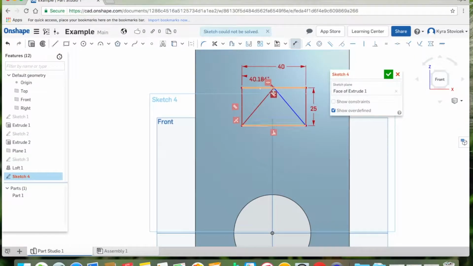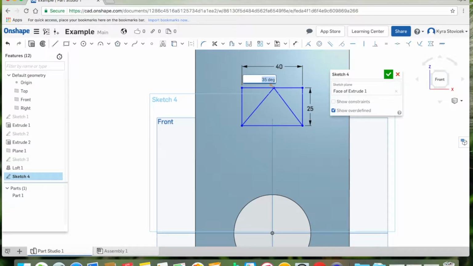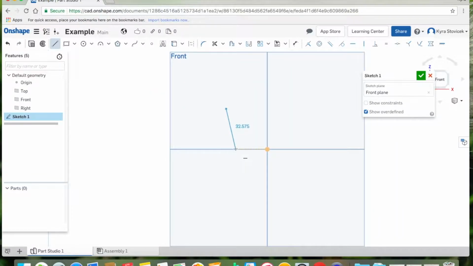Here's an example of over-constraining where all of your dimensions and everything over-constrain each other. Basically, you have too many things going on and one of the lengths does not match the angles or placement of your other lines. In this example, I'm going to teach you how to use revolve, and you can start